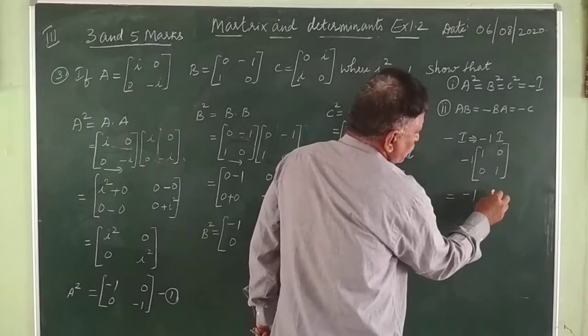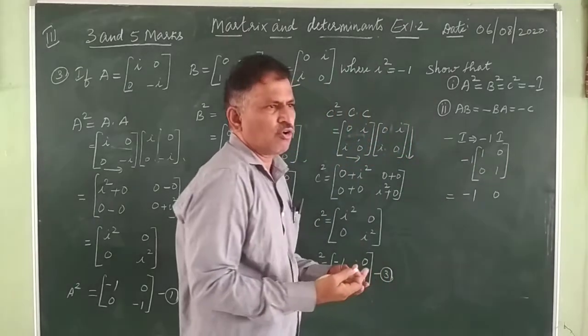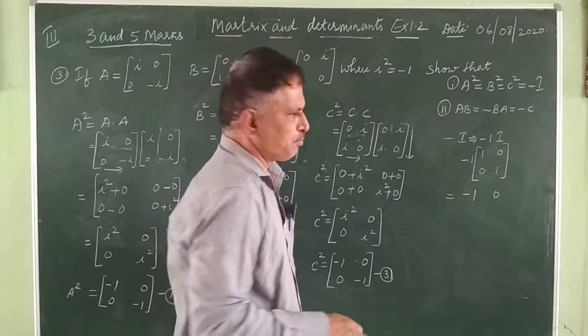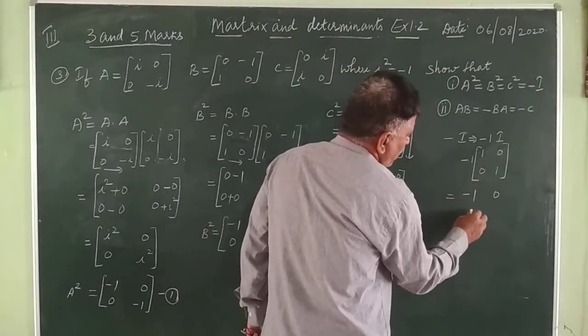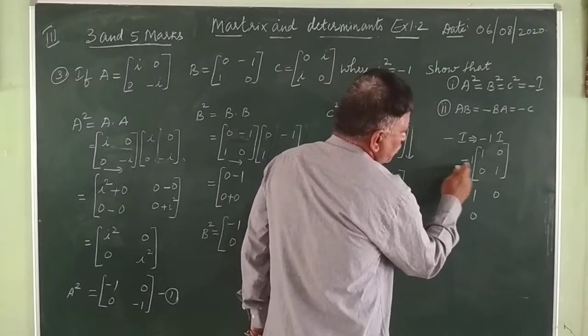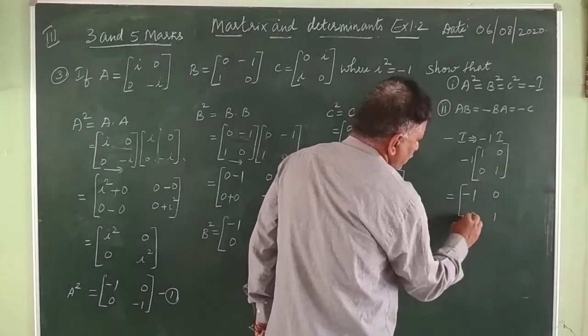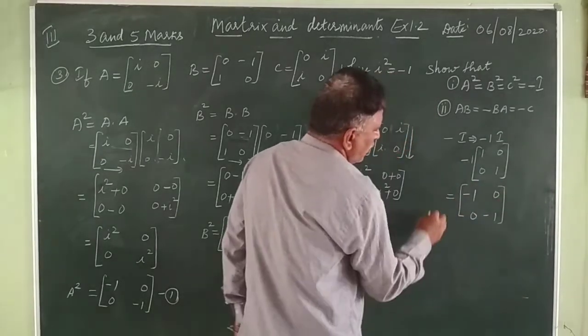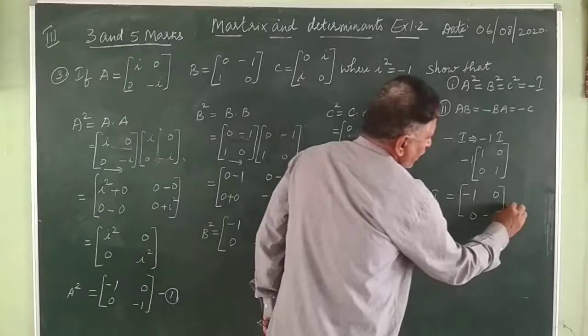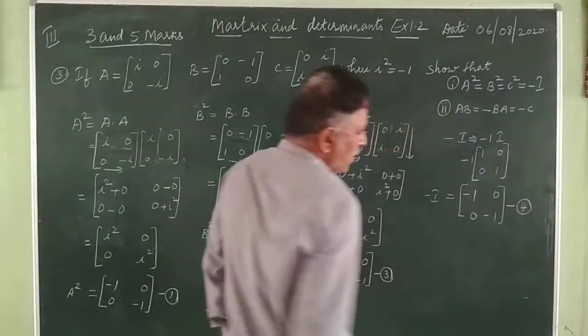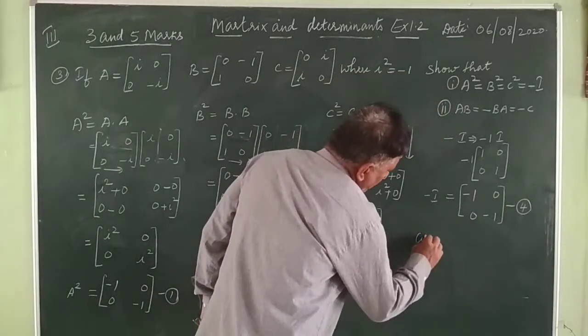Okay. Minus 1 into 0, 0. If you write minus 0 or plus 0, that doesn't matter much. So minus 0 into 1, 0. Minus 1 into 1, that is negative 1. Sorry, negative 1. So this is the value of minus 1. All this as 4. So now comparing